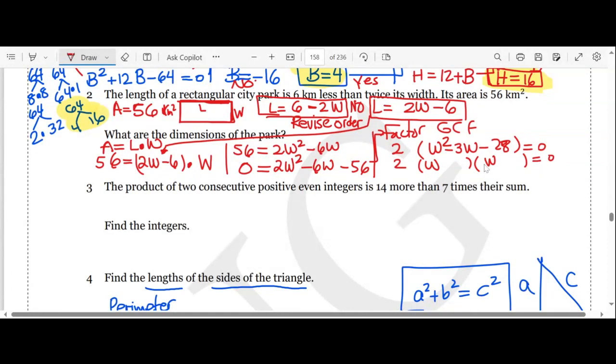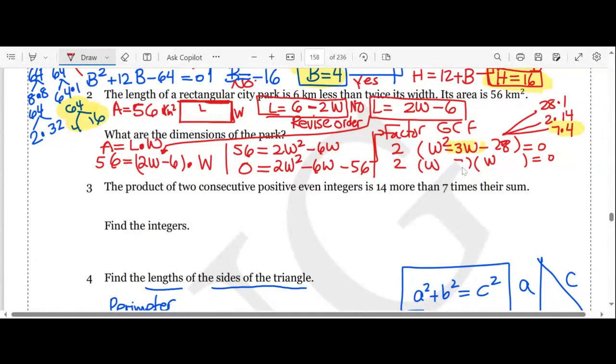So W, correct? 28, what are the two numbers that multiplied give you 28 and their total is -3? 28 is what? 28 times 1. What else? 14 times 2. Okay. What else? 7 times 4. Which one is the correct one? 7 times 4. Why? Because you need